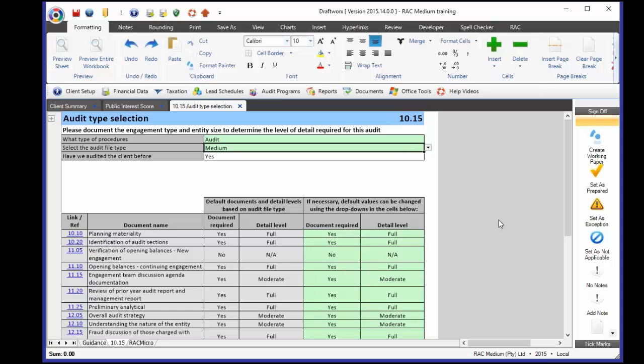So the whole idea behind RAC Micro is that you're still getting the quality in terms of looking at the risks and things as we go through. You'll see more and more of that. But what we're adding onto it is just reducing the amount of workload that's involved, based on the assumption that we're looking at, as I said, this low-risk audit. So just to distinguish between large, medium, and small,